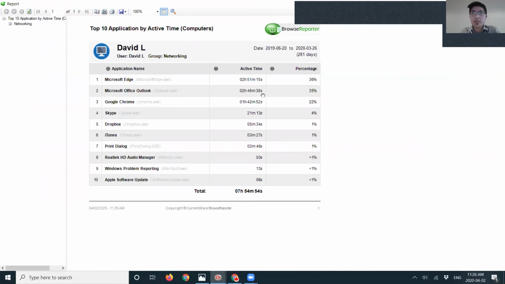Then you can see how much time they spend on those applications and what percentage of their workday they're using those applications. So it's a really good way to understand what your employees are doing throughout the day, but also a good way for a system admin to catch any malicious applications that your employees might be opening. If they're installing anything that's not part of your application usage policy at work, then you can find out from here what those applications are.